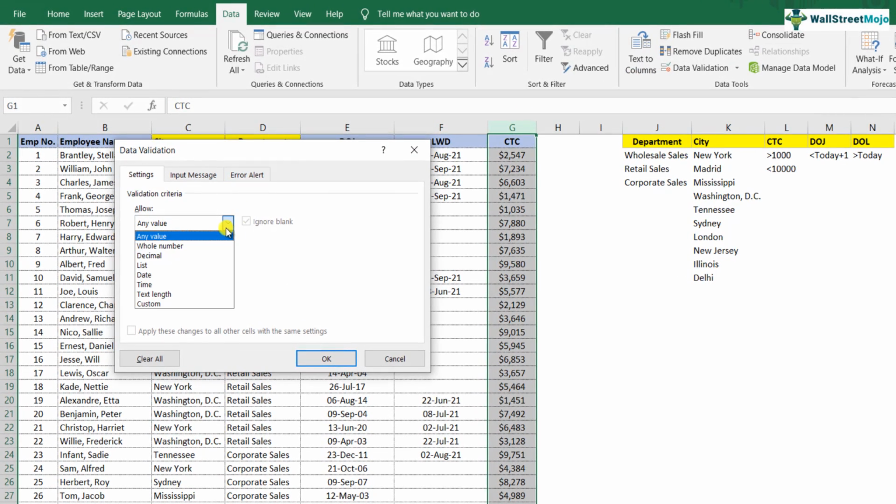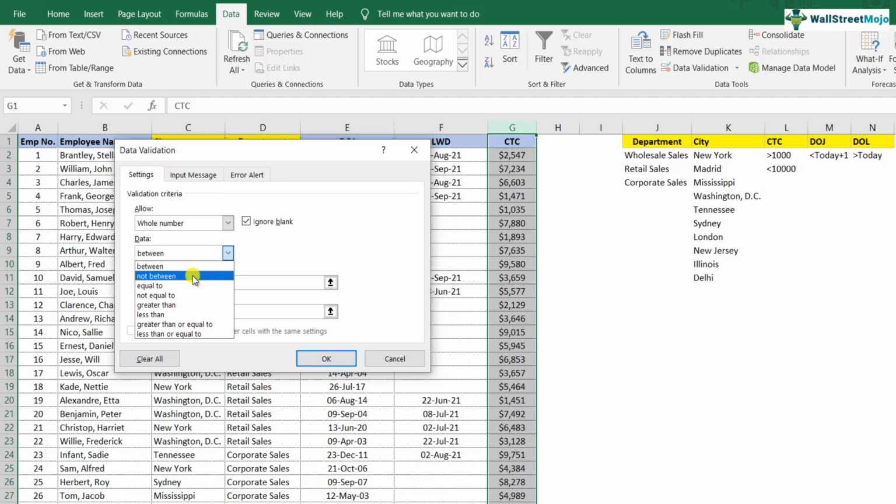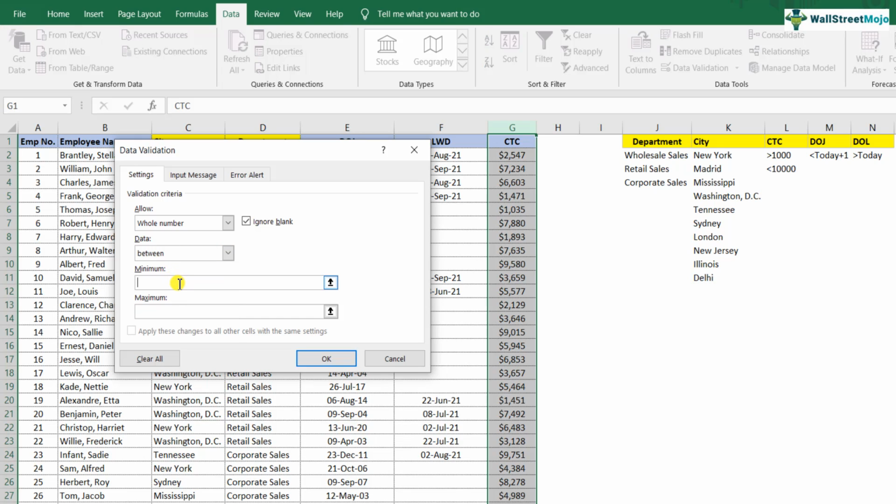So here you can see whole number, decimals, etc. I select whole number as this is a CTC. Again, lot of options: between, not between, equal to, not equal to, greater than, less than, greater than or equal to, less than or equal to. I want between. So minimum should be 1000 and maximum should be 10,000, not beyond that. I do OK.